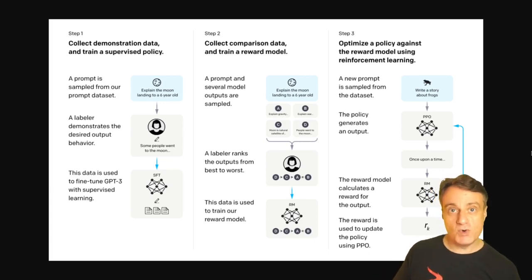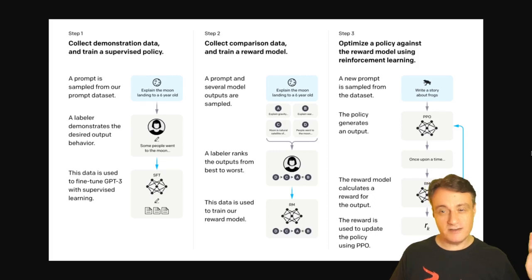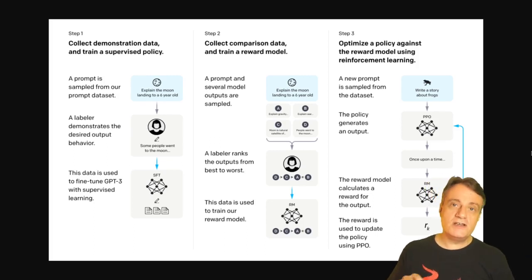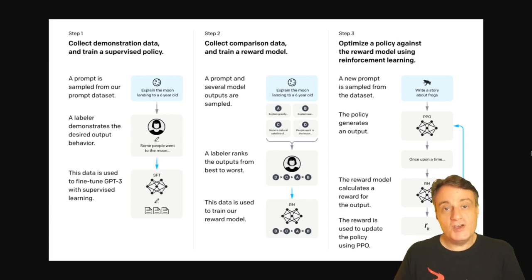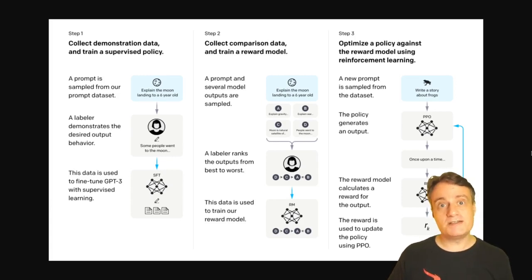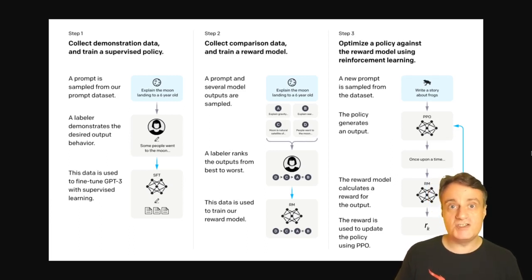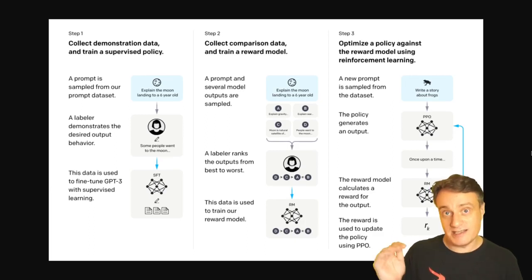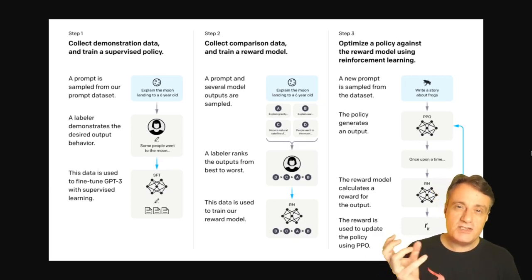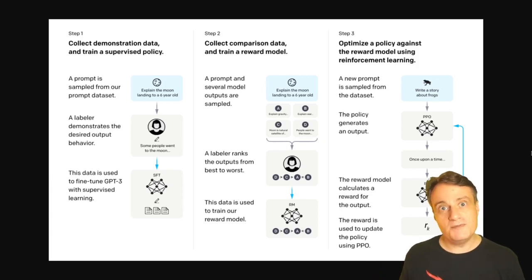Typically this is a smaller model, not the big model we just trained in the first step, but a smaller model which learns to predict whether the human is going to think this output is good. Now you might think, why don't you just train the big model to learn this? The problem is that the big model will typically have way too much capacity to just learn the right answer. What has been found is that a fairly small model is sufficient to capture what humans like and dislike about these answers. We can then use that model to train up the big model.